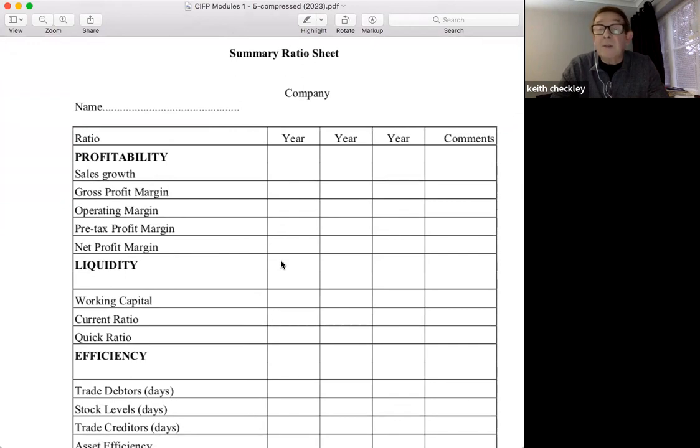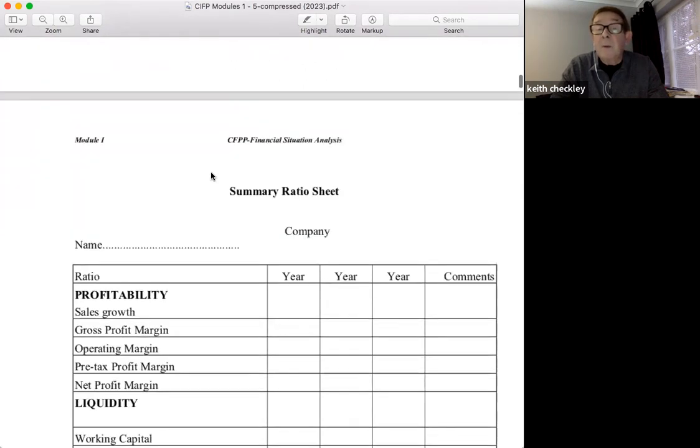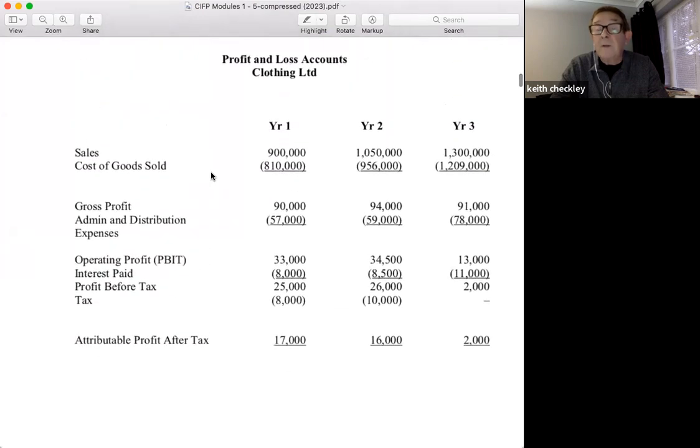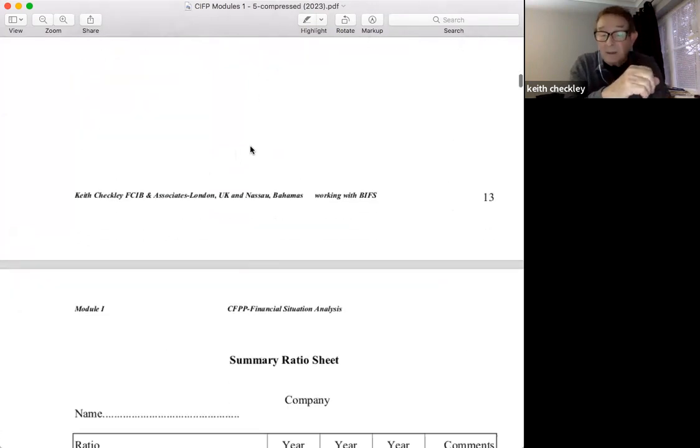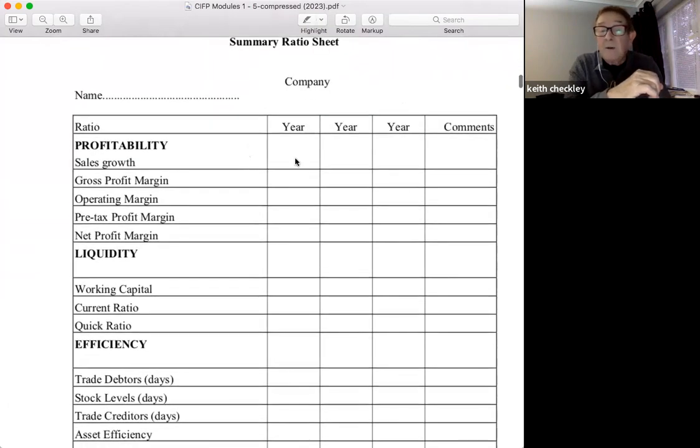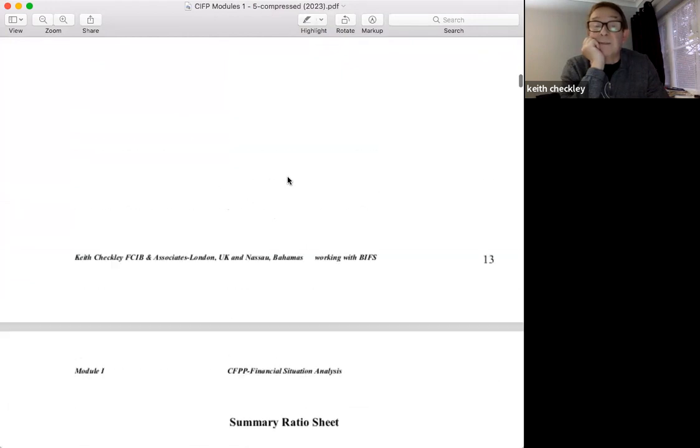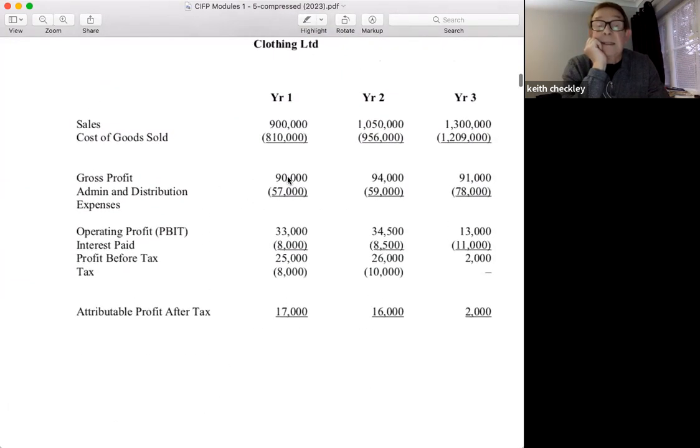Remember, I said the first ratio was sales growth. We're going to be looking at the sales and how they've grown from the previous year. Now, we can't do it for year one because we don't know what the year was before year one. So our first calculation of sales growth is not applicable in our ratio sheet. You could put NA there. Let's look at the second ratio for year one, which is the gross profit margin. I know I'm going quickly on this, but you can take your time and review it later.